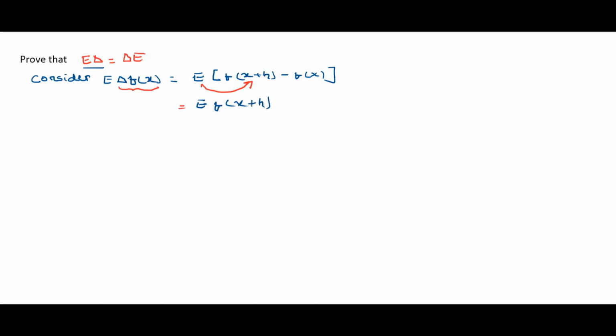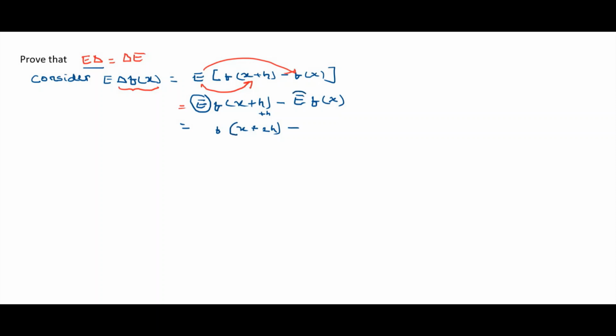Similarly, you can operate for the second term also. E, if you operate to the second term, what you will get? That is minus E of f of x. And now you can apply the shifting operator. To eliminate this E, we have to add one h here. So if we add one h here, what you will get? We can write it as f of x plus h plus h is equal to 2h. So this is x plus 2h minus.